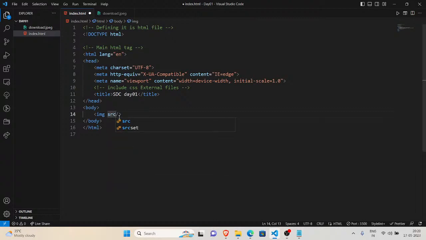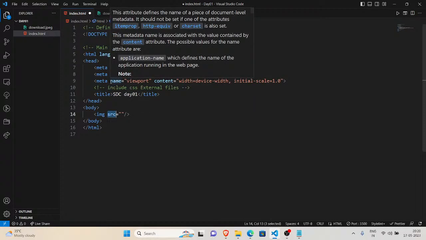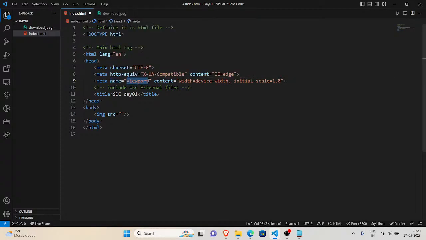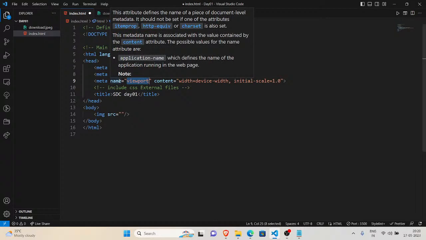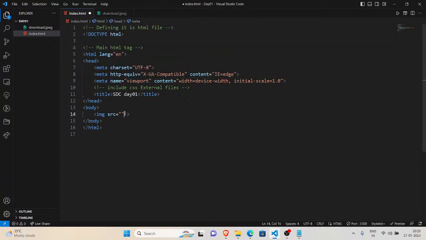We have to keep src for the source attribute. And guys, as I have mentioned previously, it is a variable and it has a value. Since I mentioned it as a variable, that does not mean we can pass any type of variable we want. If you would like to pass a Srinidhi variable, HTML is not going to accept it, guys.